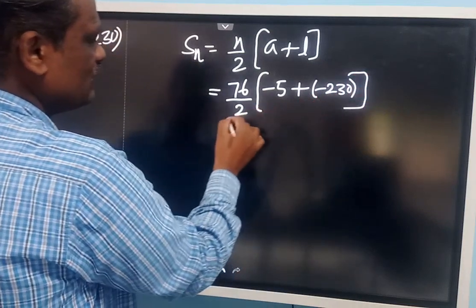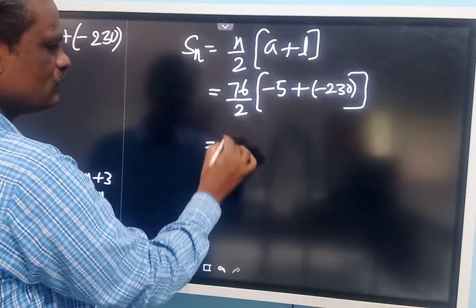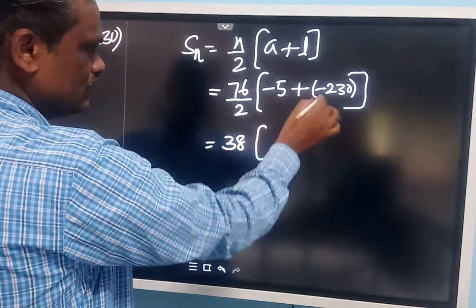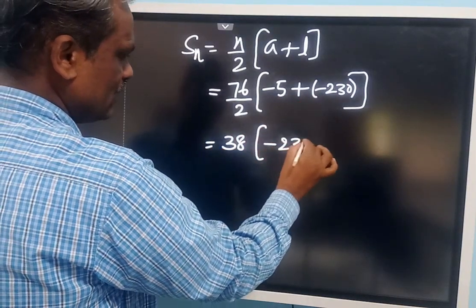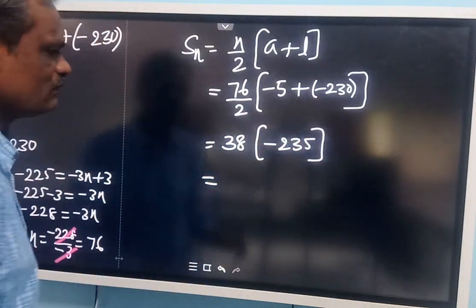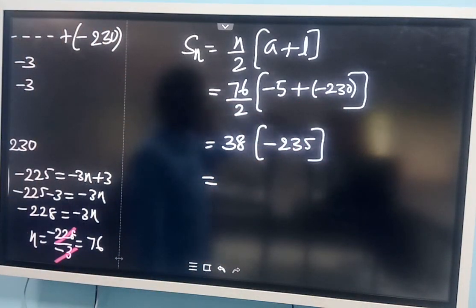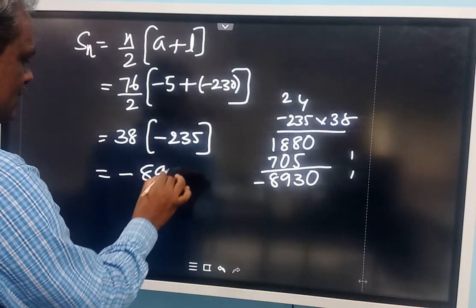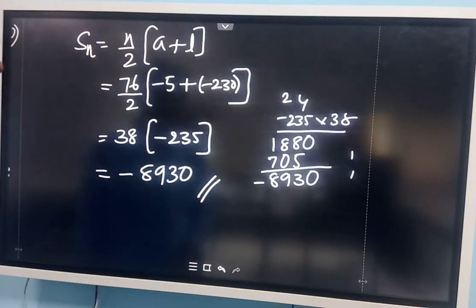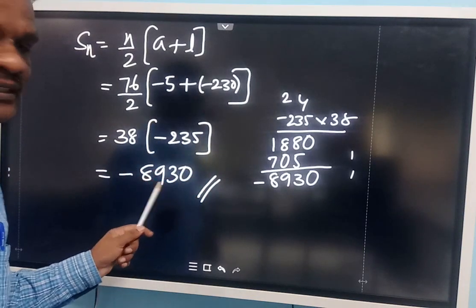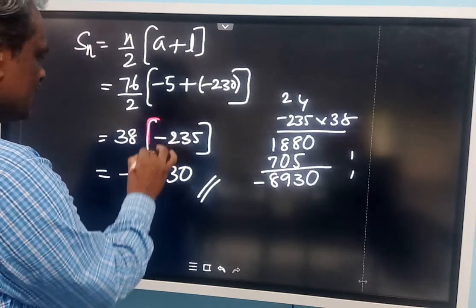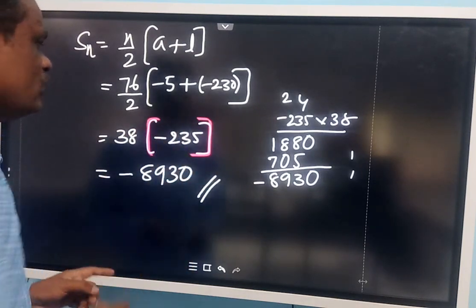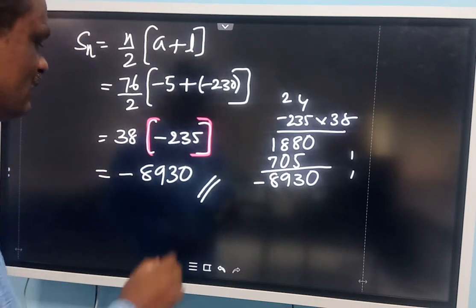Now simplify. 76 divided by 2 gives you 38, into minus 5 minus 230, which becomes minus 235. So find the product of 38 into minus 235, which is minus 8930. You need to multiply, not subtract, because there is a bracket sign. So be careful, this is a bracket sign. You should not subtract here. Multiply 38 into minus 235. The product of these two numbers is